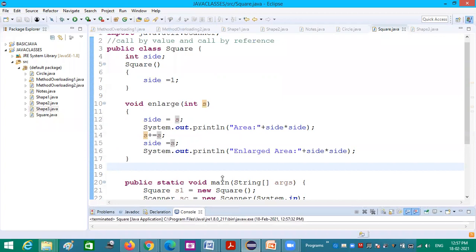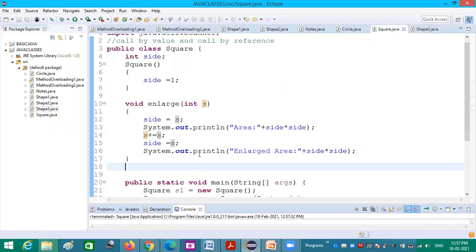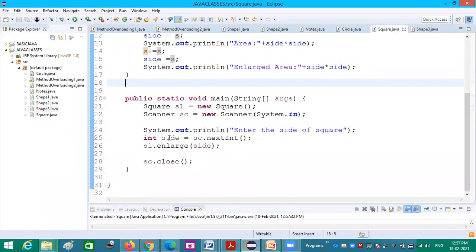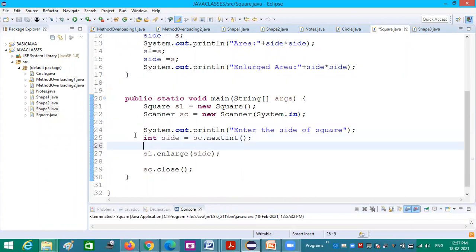Okay, now inside main, I am trying to print this side value. System.out.println, side value before enlarge method call.